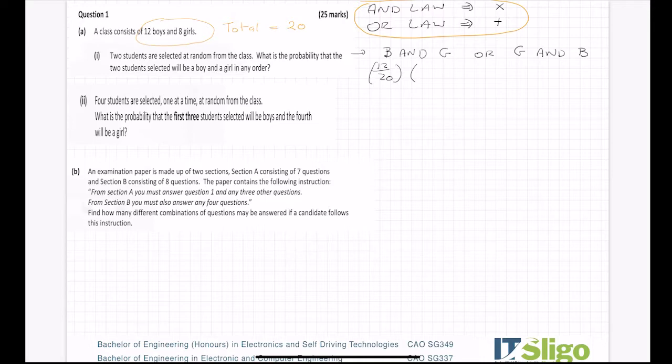Okay, so if my first one is a boy, I have only 19 students then left to choose from, and 8 of these students meets the condition that they're girls. So it's 12 over 20. I have 12 options for boys out of the class of 20, and that must be multiplied by, I have 19 students left in the class because one of the students is here, and 8 of them meet the condition